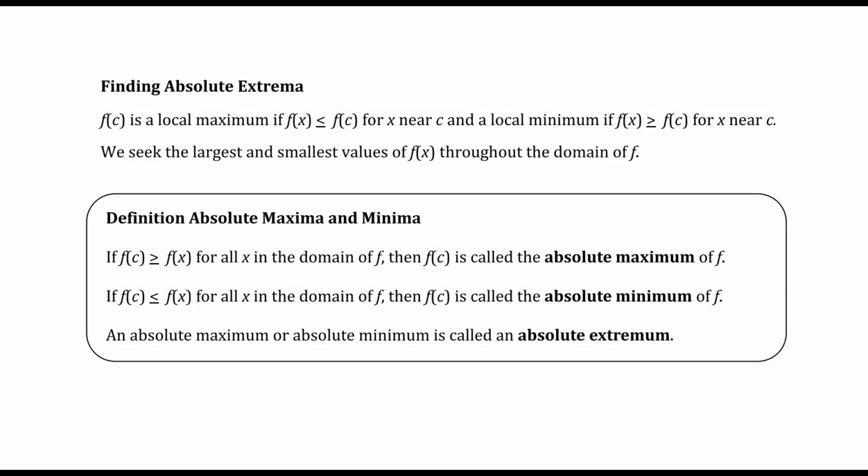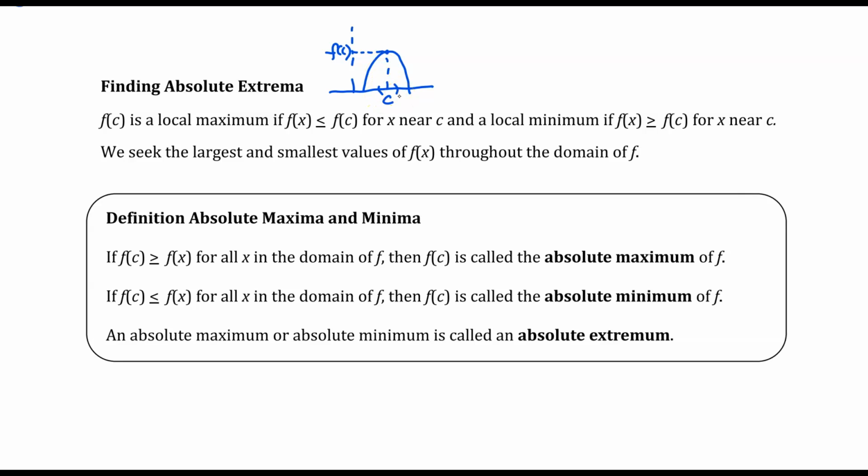Finding absolute extrema. We say that f of c is a local maximum if f of c is greater than or equal to f of x for all x near c. Now, to illustrate that, we say that this point here, the corresponding y value, if this is your c, this is your f of c,